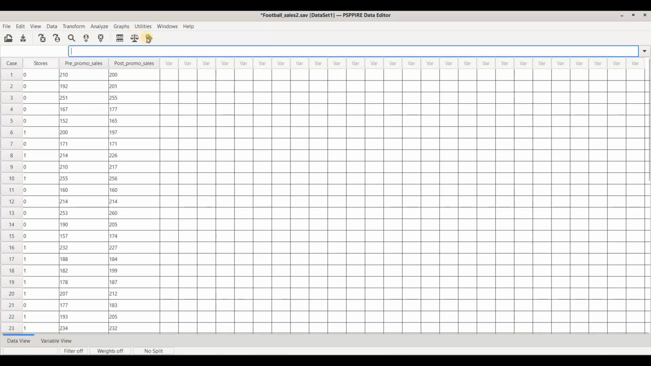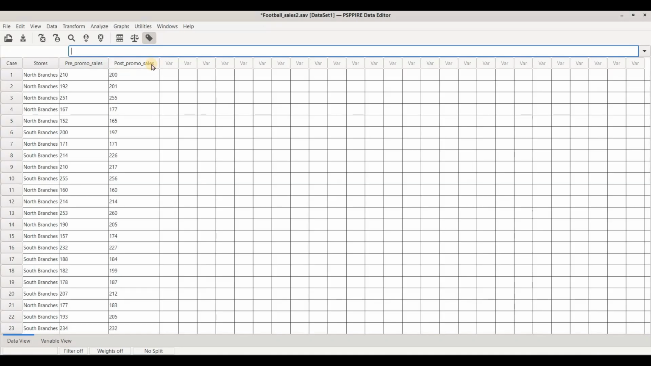data. So in our data set here, we have stores in north branches and south branches, and they had some sales before promotion and some sales after promotion. So we want to know if there was a difference in sales after the promotion, so we want to compare